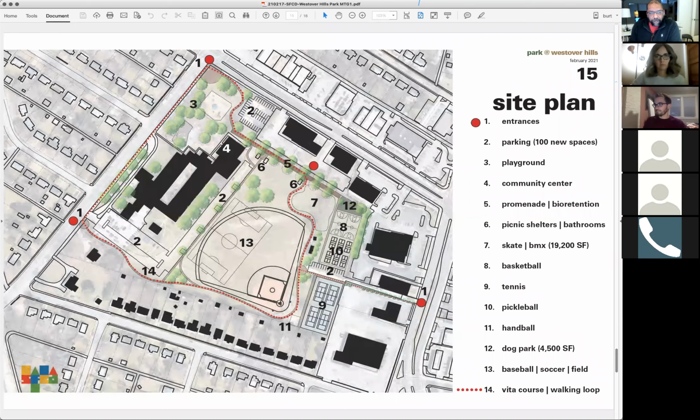And a larger move is to create additional parking for the park, but that also could serve the community center where the former bike training course is. You can kind of see it ghosted out below it. And hopefully working with the neighbor of the property here to figure out a vehicular entrance, and then again expanding the parking here, and then another entrance off of Jank Road, because I think what Jill and I